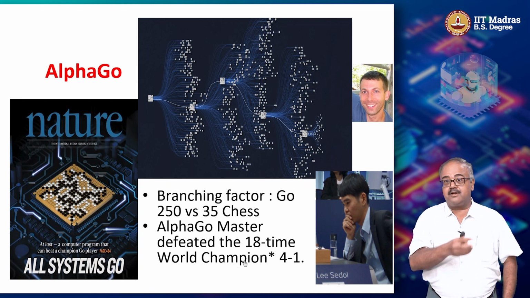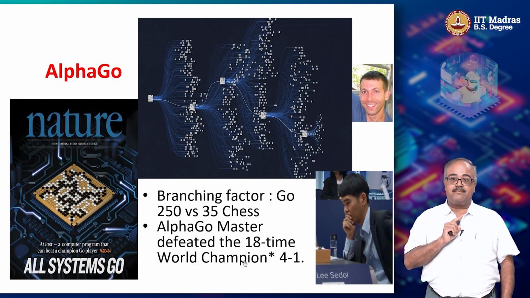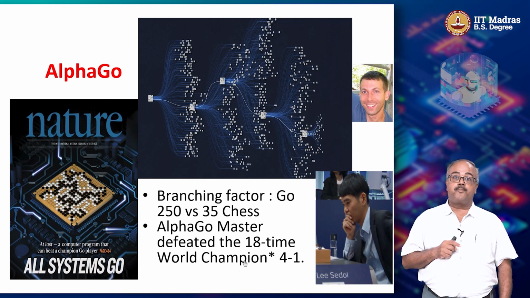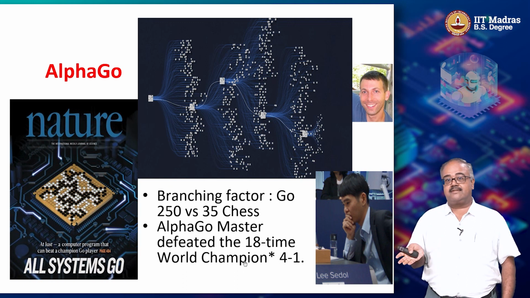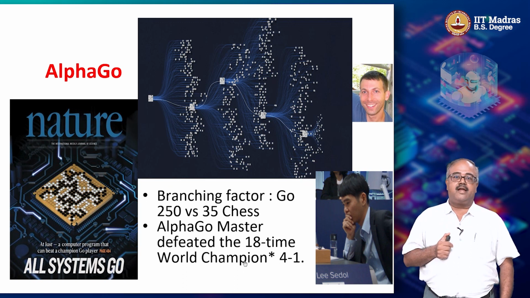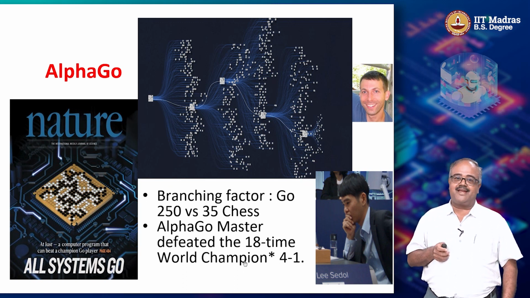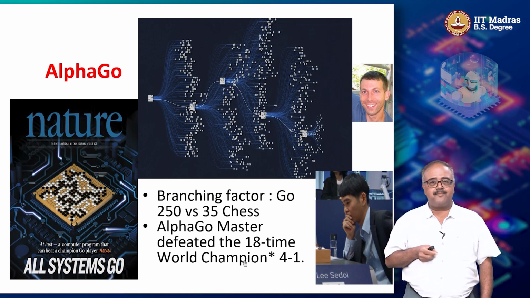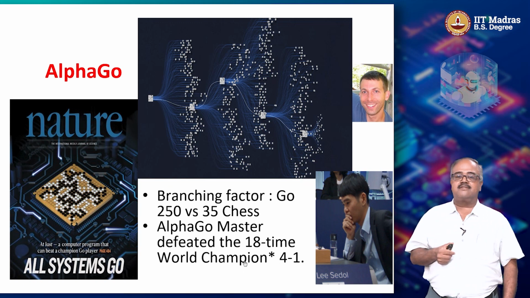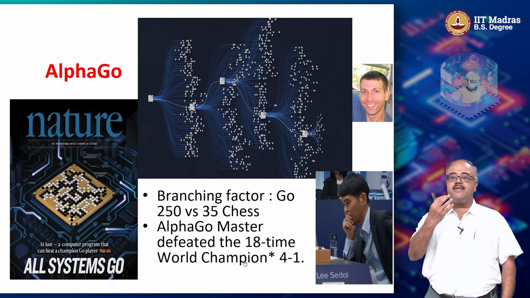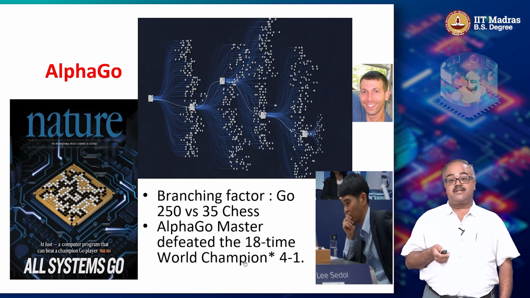What many people don't know is that the one time Lee Sedol won against AlphaGo was the only time a human being had managed to beat AlphaGo, before that match or since. In actual tournament play, AlphaGo has always won 5-0 against humans, and that was the only time somebody managed to win a game against AlphaGo playing normally, right? Now recently there are a whole bunch of other things happening, where people are using AI systems to figure out the weaknesses of AlphaGo and then try to exploit them. But as a human being, trying to understand what AlphaGo was doing was amazing.